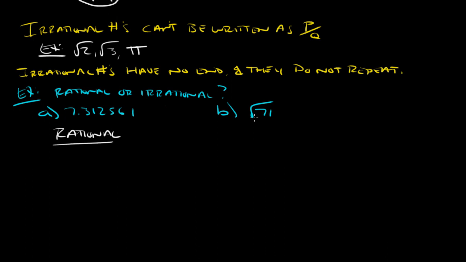And this one here, if you put square root of 71 into your calculator and you kept looking at the decimals, you'll notice that it goes on forever and it never repeats. So that means that this has to be irrational. Okay, so again, it goes on forever and ever and doesn't repeat. And then rational either repeats or terminates, we call it, has an end spot. All right, hopefully this has been helpful. If you have any questions, feel free to ask me. All right,